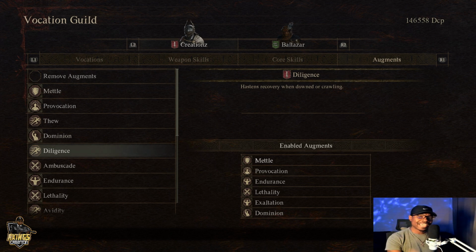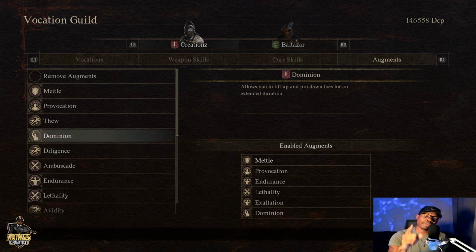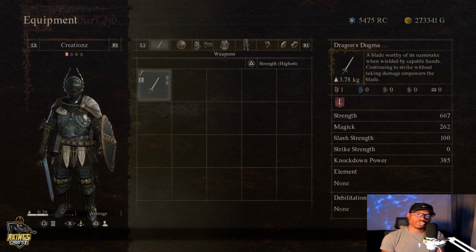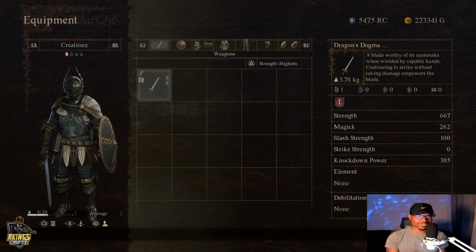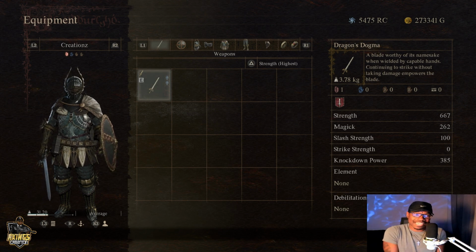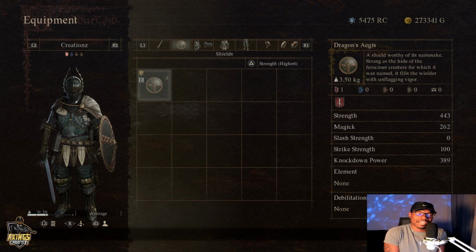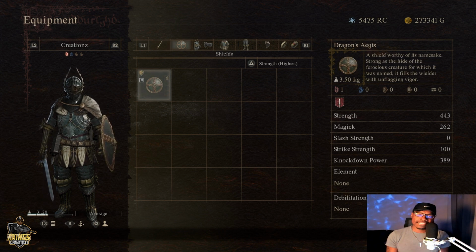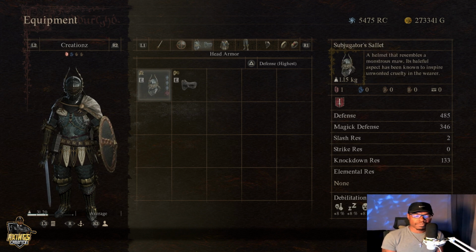Now we're going to go ahead and get into the equipment because everybody needs to know what to use in order to maximize this build. All right guys, so I'm going to break down our equipment. We're going to go ahead and start off by each piece. All right, so we're going to talk about the sword, which is Dragonsdogma. Sounds funny, right? It might be the main sword of the game because it got the name of the game in the sword, right? So we're going to go ahead and talk about our shield, Dragon's Aegis, and then we're going to talk about our helm,